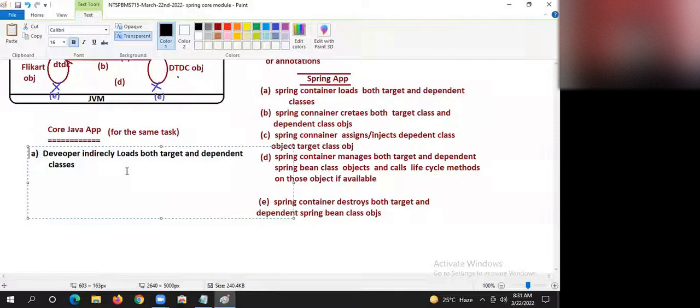B, developer creates target and dependent class objects manually using the new operator.